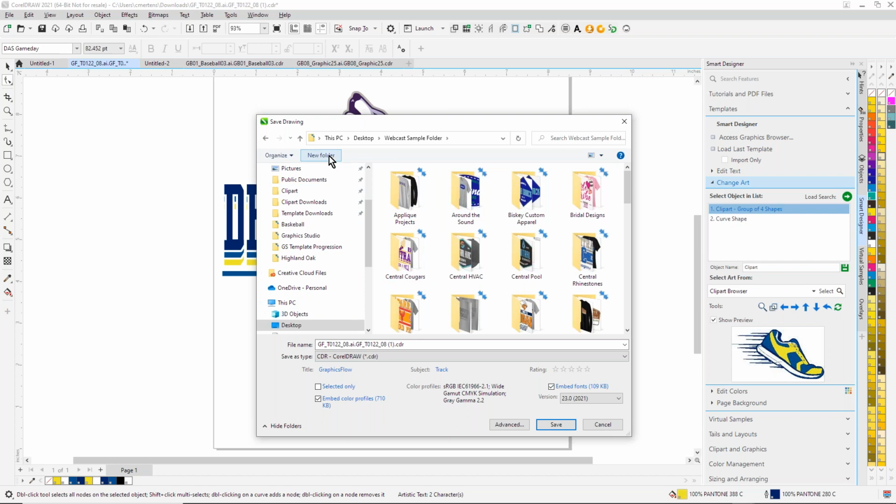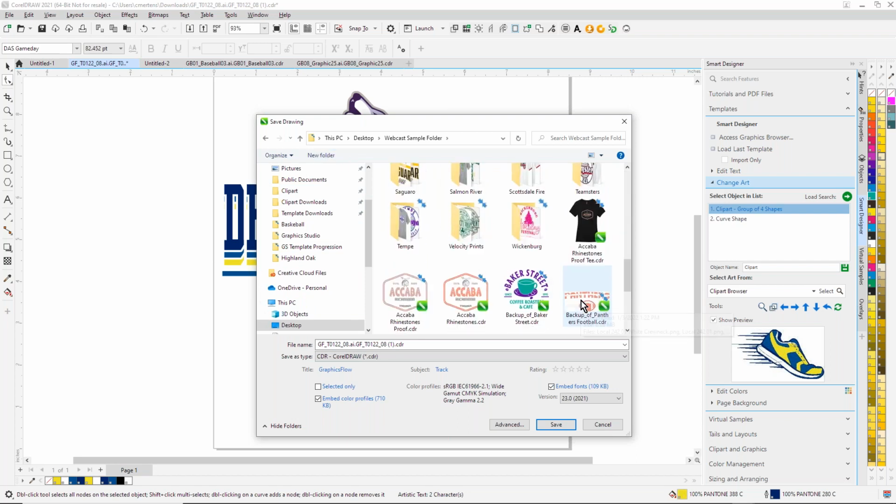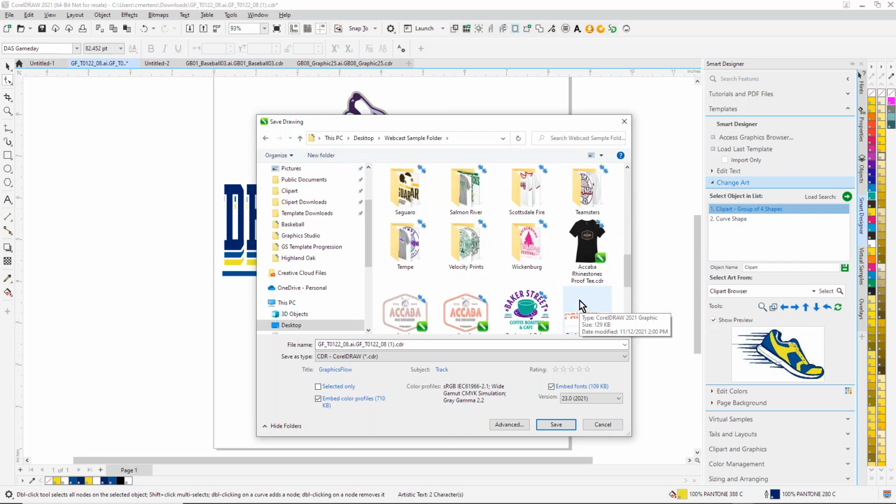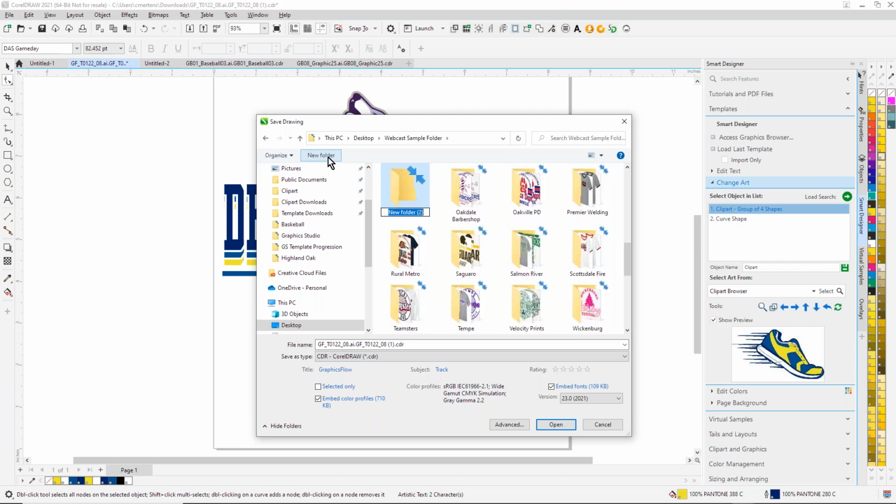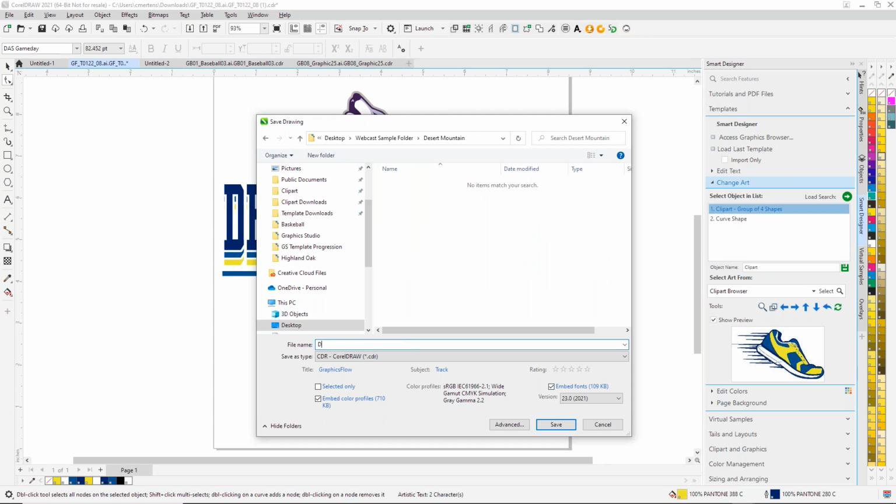And so I'm gonna go over here and create a Desert Mountain folder. I think I have an untitled folder I haven't named yet in here, maybe not. Yep, I do, somewhere in there. And we're gonna call this Desert Mountain. And we are going to save this Desert Mountain Baseball,